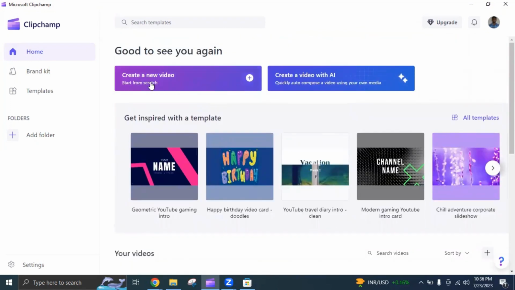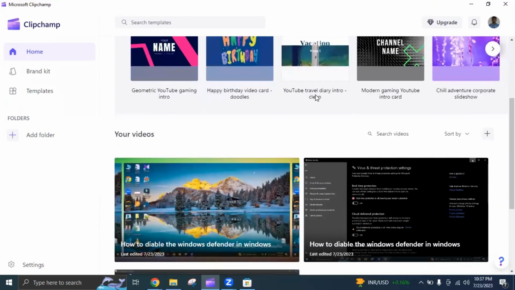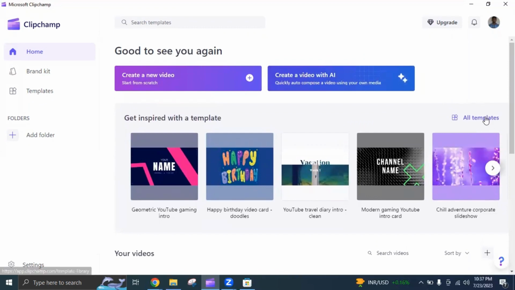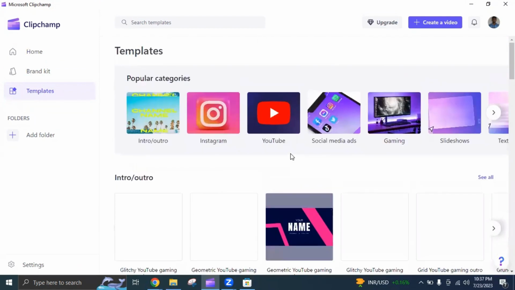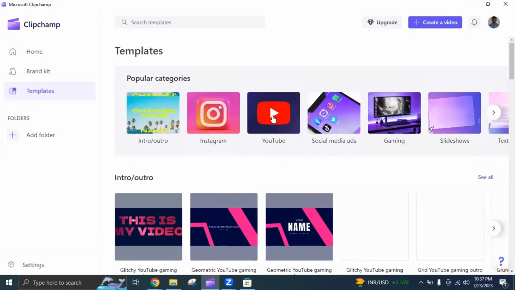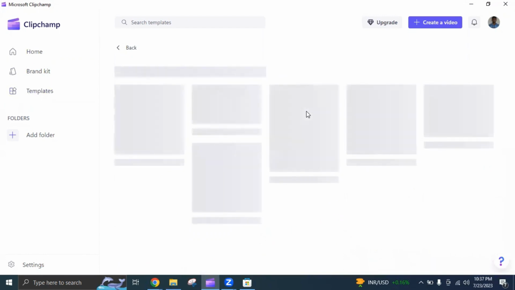If you want to create a video from scratch, you can click on New video and start creating. There is also an AI option available in this application. Using AI, you can create wonderful videos that are more attractive. Here they have provided some default templates, and on clicking this you can see more and more templates. And if you are using YouTube, then on this YouTube,